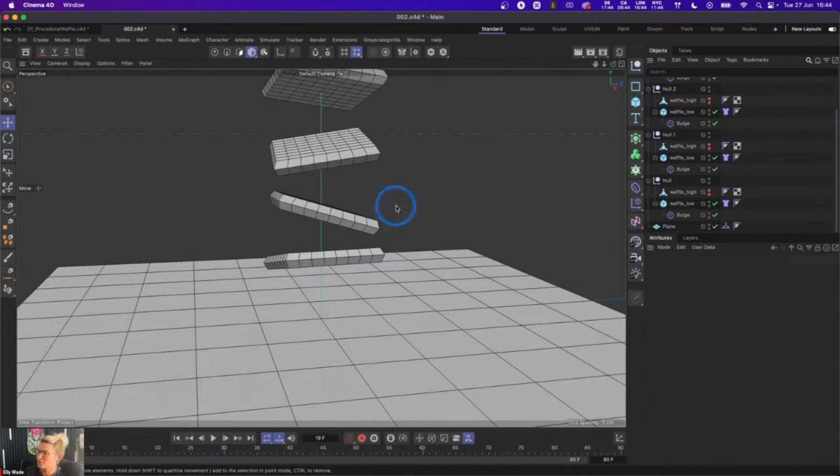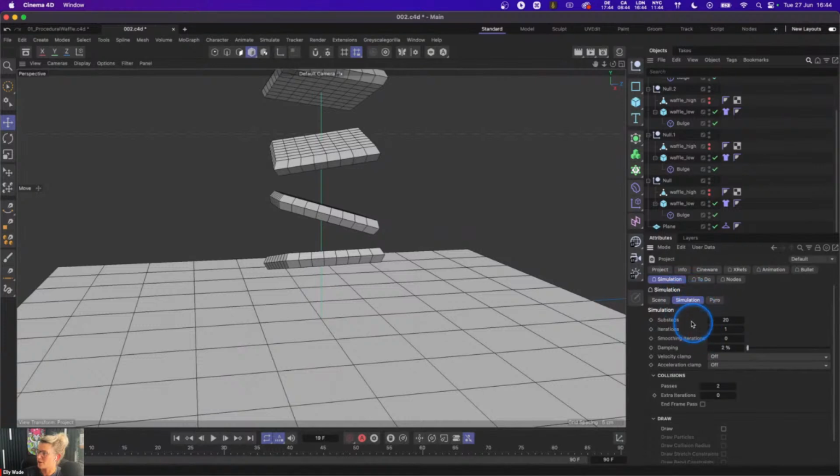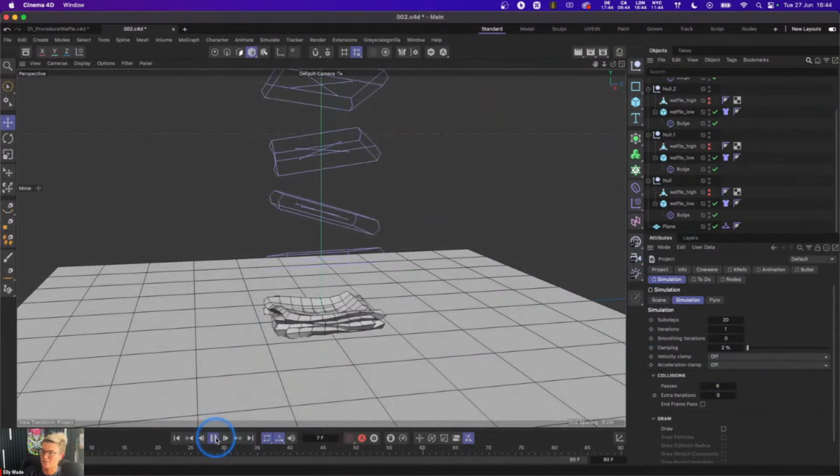So let's go to Command D and let's go into our simulation. And here is where we can really start to dial in a few of the issues that we have. So first of all, we're getting a lot of collisions. We're getting a lot of things intersecting, and that is all down to our collision passes. And it's also because of the thickness that we changed. We put that to quite a low number. And so we need to make sure that we increase our collision passes to prevent any collisions from occurring. So we're still getting some,